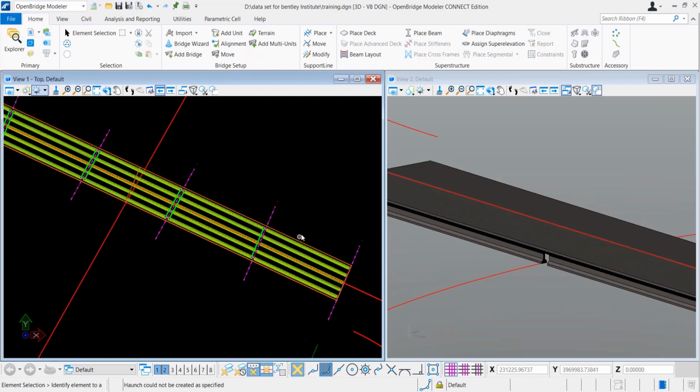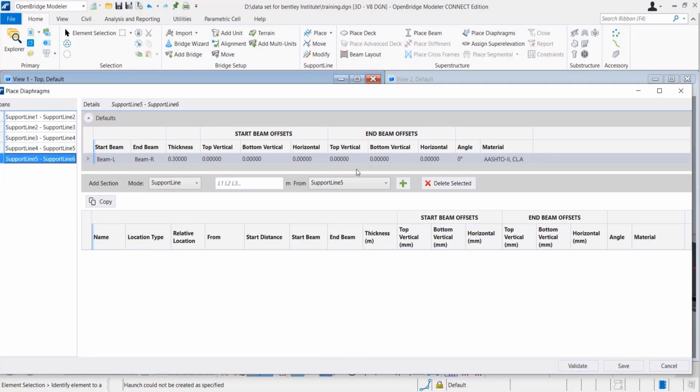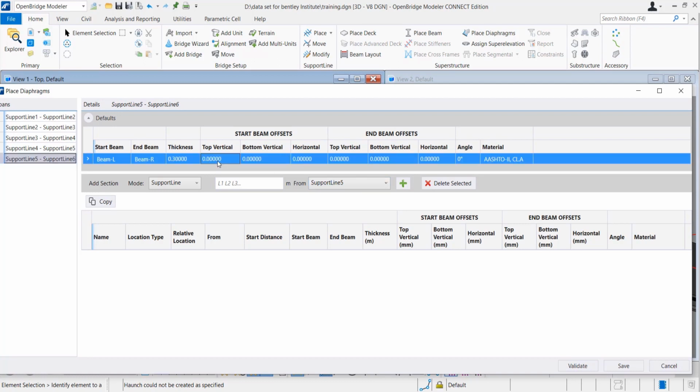So let's place the diaphragm for span 5 quickly. Here select span 5. Similar way we need to give the offset, and as you can see, you can change those diaphragm sizes anytime. All these are defined individually, so individual diaphragm sizes, placing, offsets from top to bottom, and the horizontal, you can change anytime.